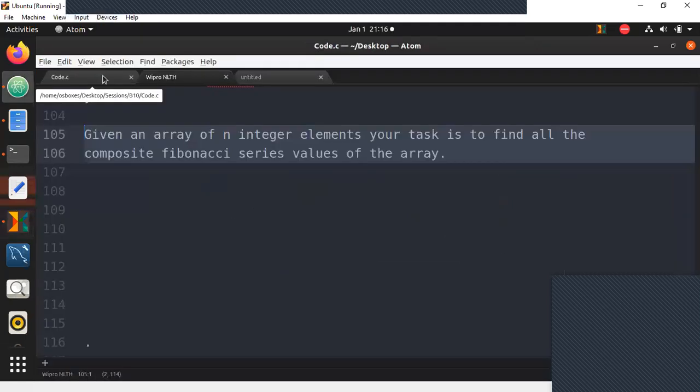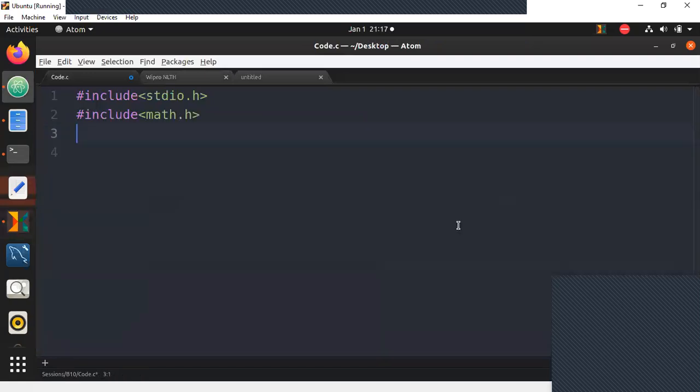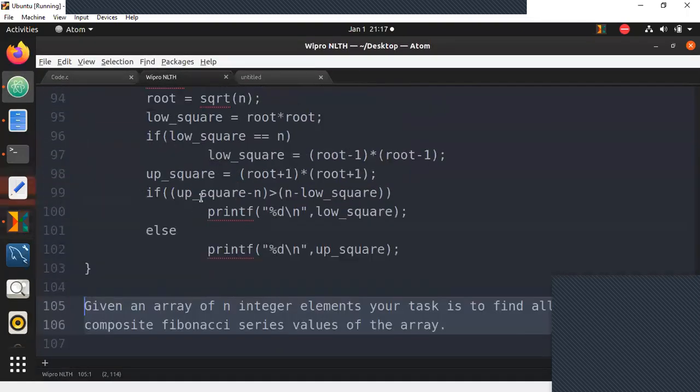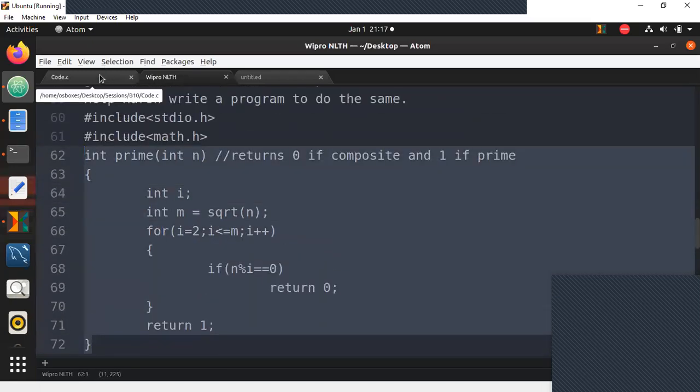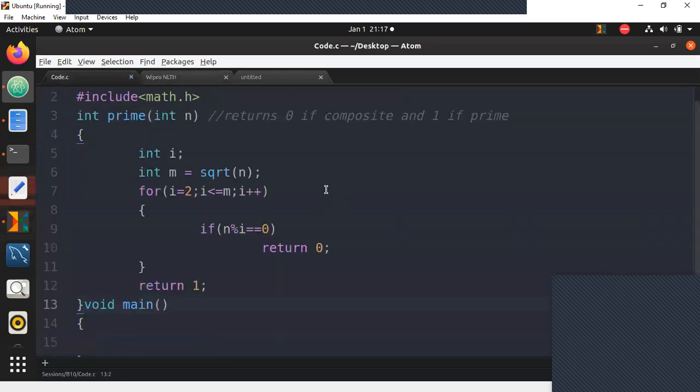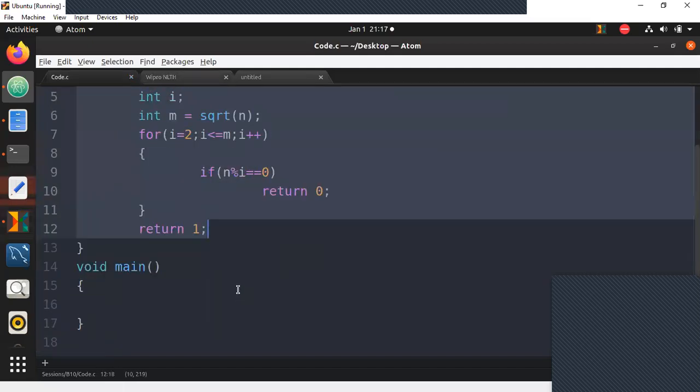Now, to solve this, let me ask you guys a couple of questions. First, let's remove all of this. None of this we need. And since we need prime as well for this, I'm just going to take the previous prime function, whatever we have done as it is, copy and paste it here. I'm not going to make any modification. We found this. So I have one question. We need to find nth element of full series.